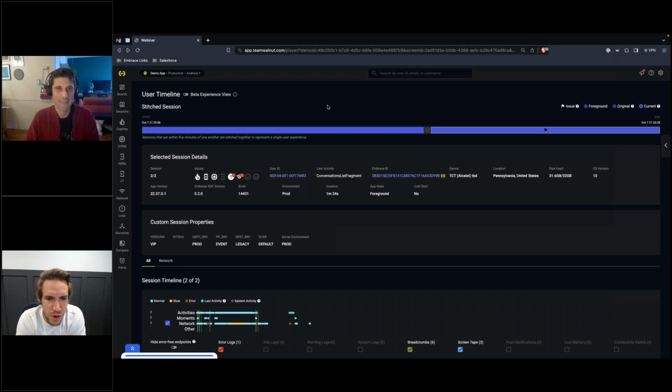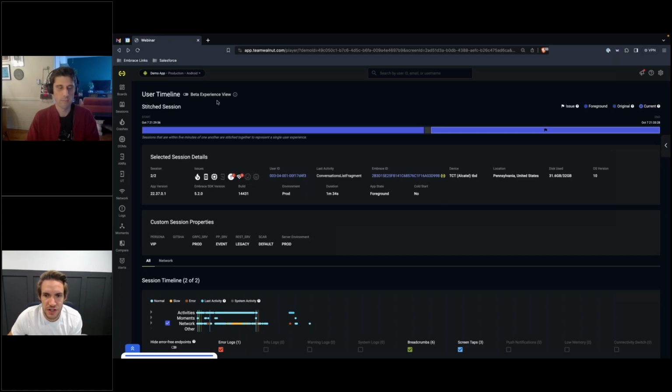All right, so where we're going to start first, like I said on the previous slide, we're going to cover how we can gain complete context. The way we gain complete context inside Embrace, like Colin said, is that we capture every single user session. So anytime a user is in the foreground in your app, that counts as a user session.